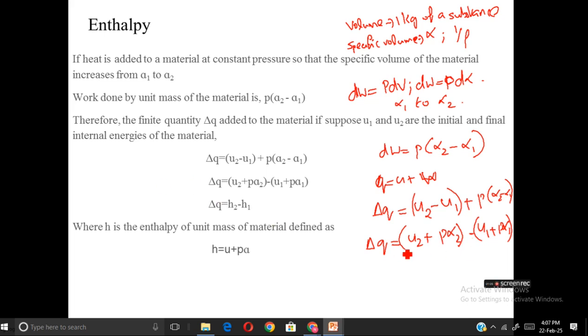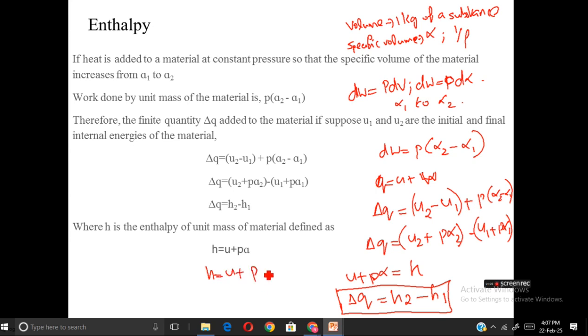And this quantity U plus P alpha is the enthalpy of the system, which is denoted by H. So delta Q can be written as H2 minus H1, where H is equal to U plus P alpha. This is the enthalpy of the unit mass of the material or the system. So what we did,